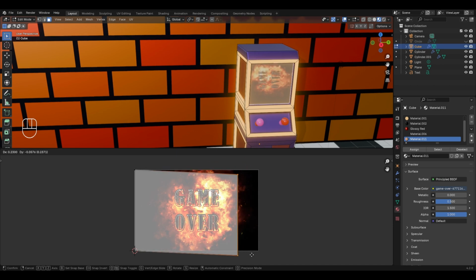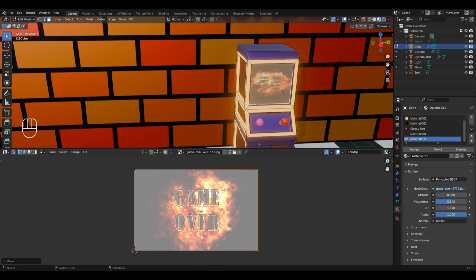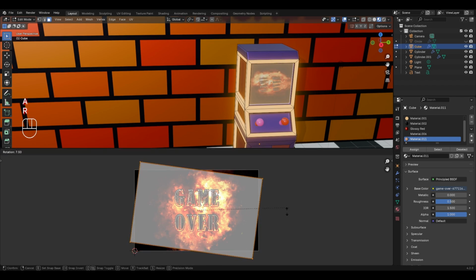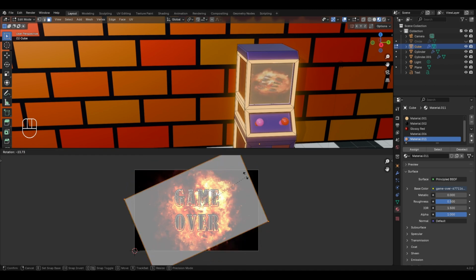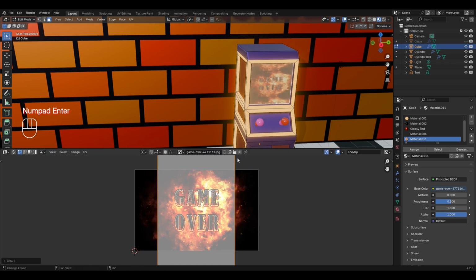To restrict the movement only to a particular axis, simply press X after pressing G, and now we'll get the horizontal movement. So right now, I'll place both of these vertices on the corners, and then if I have to rotate the image, for this, go to the UV editor, press A to select all the vertices, and press R to rotate. By doing this, you will notice that the effect of rotation is also visible in the image texture. Now if I press 90, then in this case, the image will get rotated, but in the opposite direction. So this time, let's rotate it by 180 degrees for the perfect rotation.